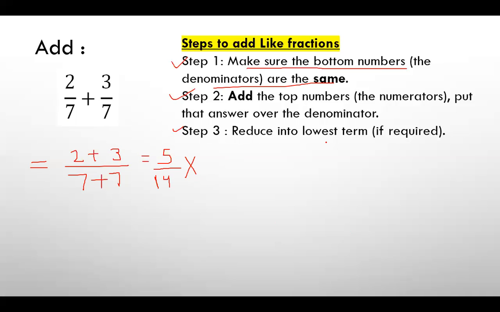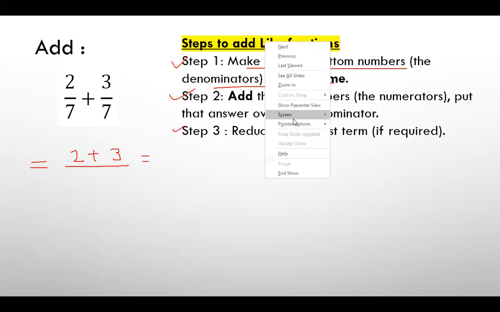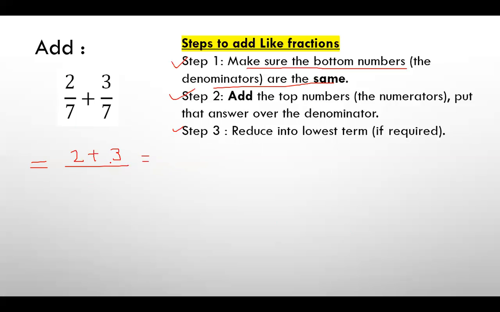So how do you have to do it? Instead of doing it like this, which is the wrong way, the correct way is to share the denominator. We have to make sure that the denominator is the same. Out of these two 7s, we write one 7 in between. You add only the numerators, that is 2 plus 3, which equals 5. And then you write the denominator the same as before, that is 5 by 7. So your answer will be 5 by 7.